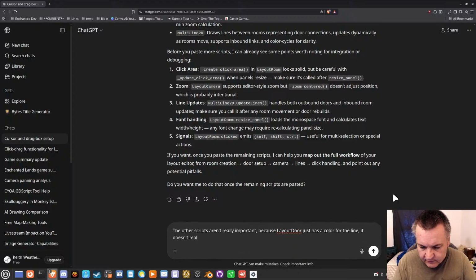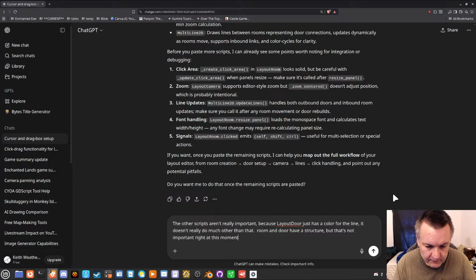It doesn't really do much other than that. Room and door have a structure, but that's not important right at this moment.